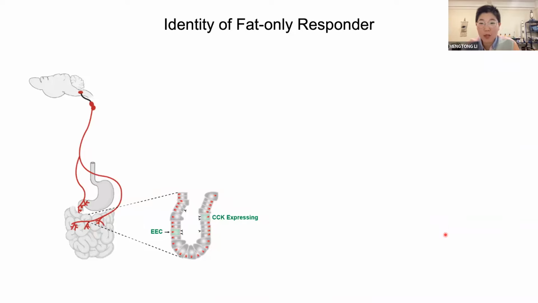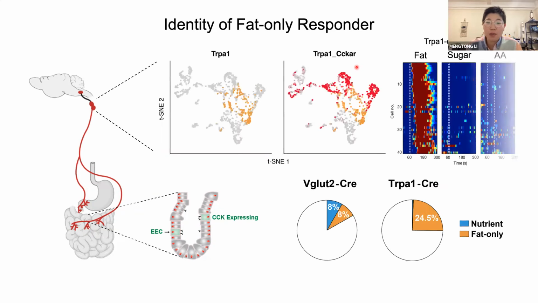Next, we searched for the marker gene that can specifically label the fat-only responder. We know the fat-only responders don't use the CCK signaling, so we identified the 5 minimally overlapping candidate clusters that don't express the CCK receptor, but cover the rest of the vagal ganglia neurons. And screened by nodose imaging, we found that the TRPA1 expressing clusters respond selectively to fat, but not sugar or